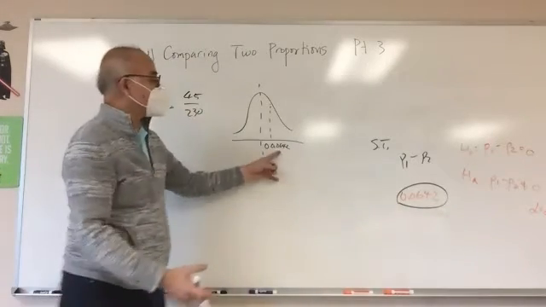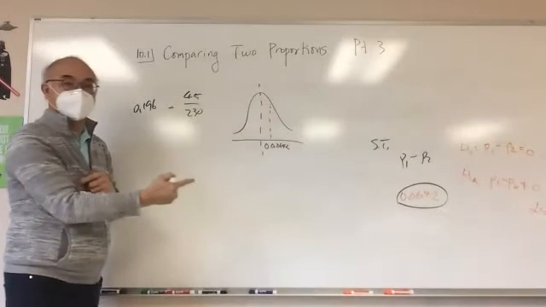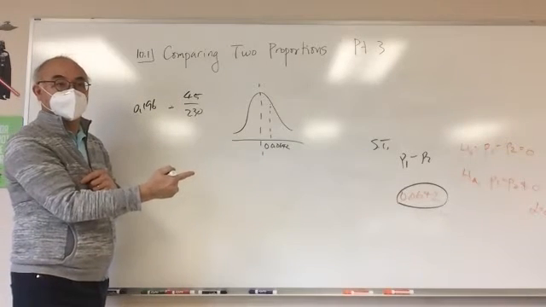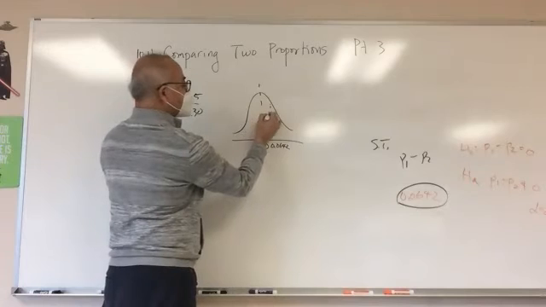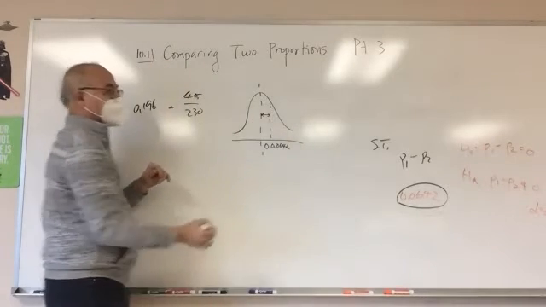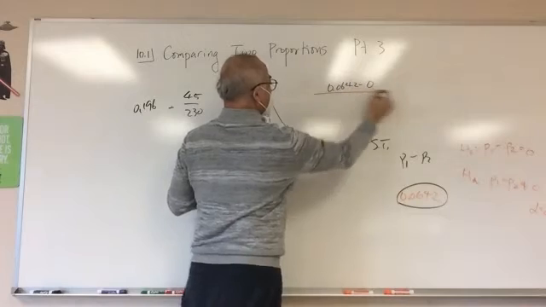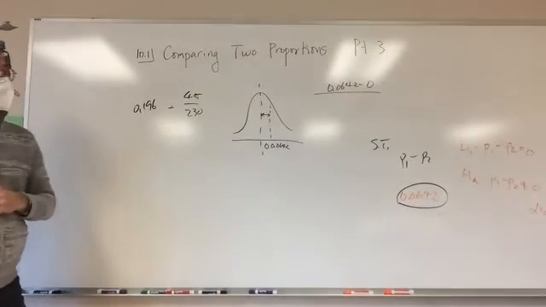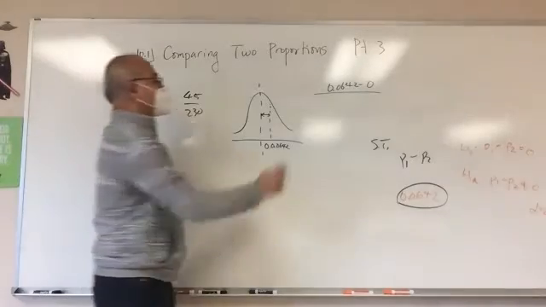So we're here, and then we have to find the Z-score from here to here. So it's going to be 0.0642 minus 0 divided by the standard deviation. The standard deviation is going to be